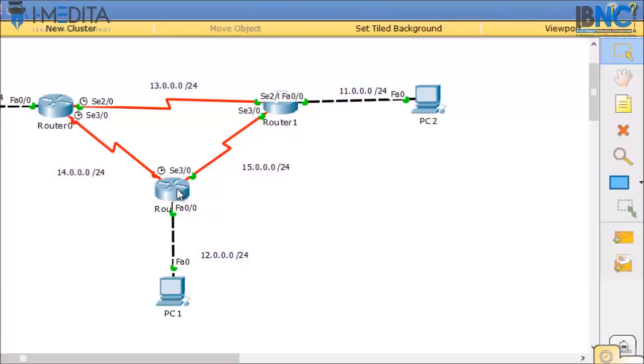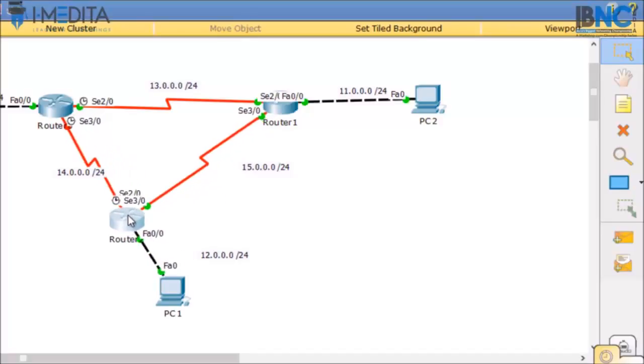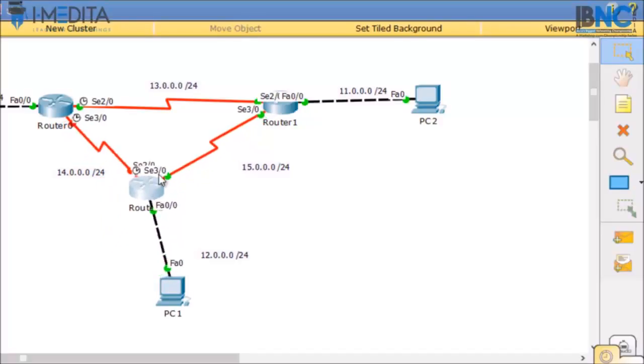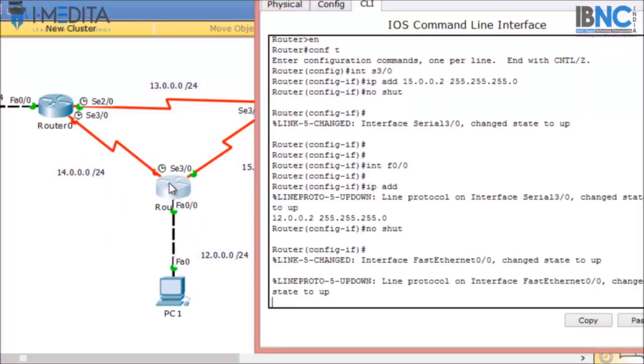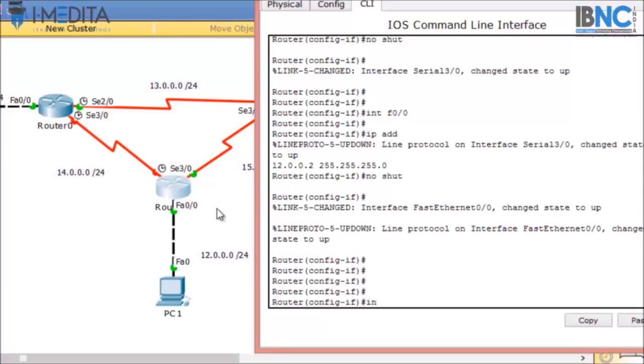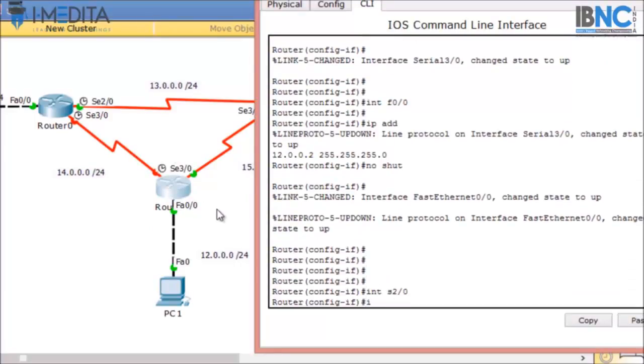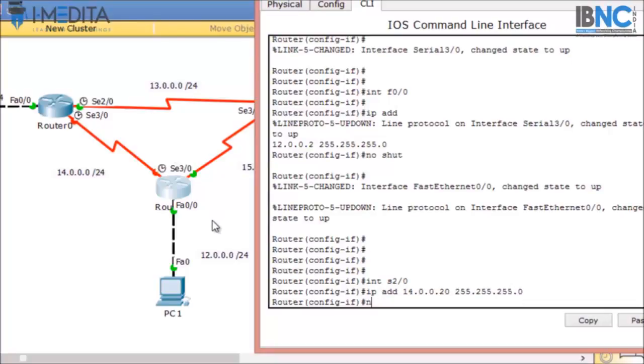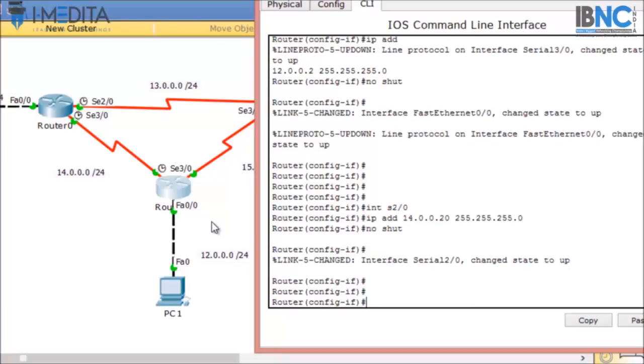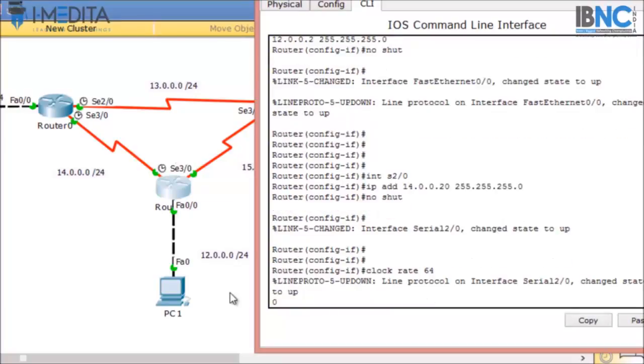Now we will configure our final interface, that is connected to router 0. So that interface is serial 2/0. So we will click on the router. We will type interface serial 2/0, IP address 14.0.0.20, 255.255.255.0, no shut, and as there is a clock, we have to configure the clock rate 64,000.